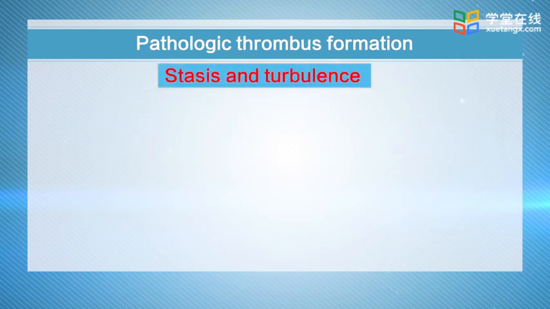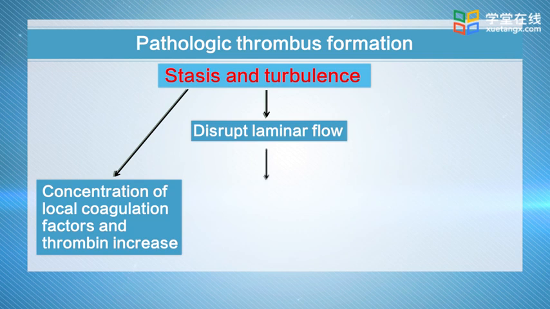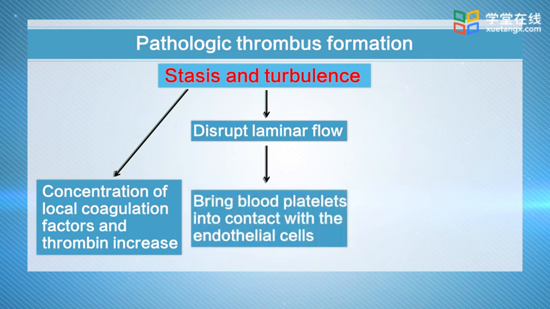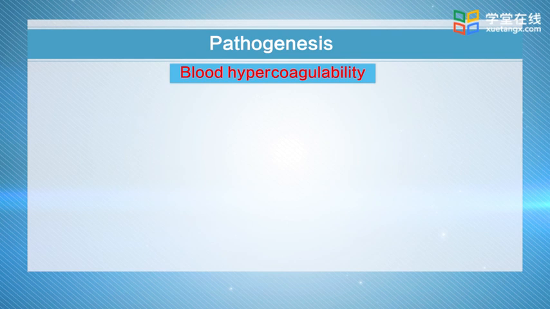Stasis and turbulence increase concentration of local coagulation factors and thrombin due to decreased dilution by fresh blood flow and hepatic clearance of activated coagulation factors. It can disrupt laminar flow and allow blood platelets to come into contact with the endothelial cells, increasing the chances of platelet activation. Moreover, relative hypoxia and turbulence lead to endothelial injury. The third etiology for thrombosis is blood